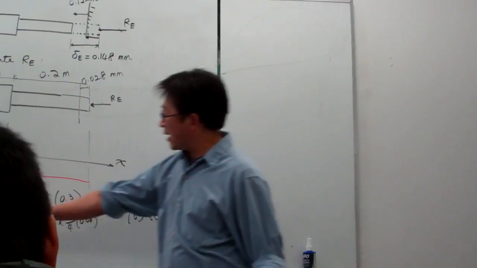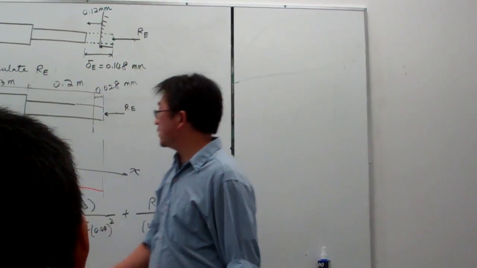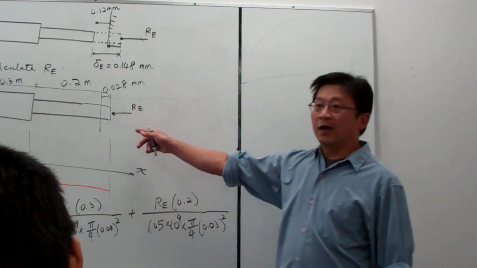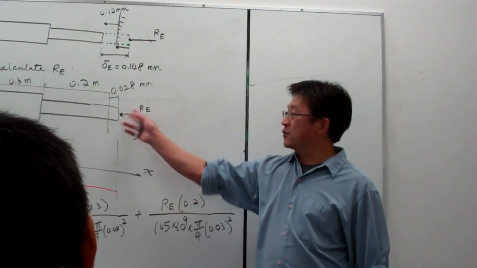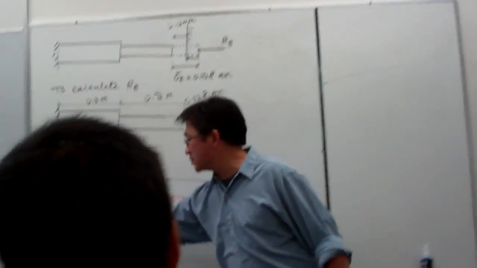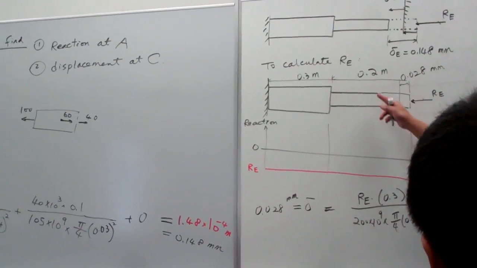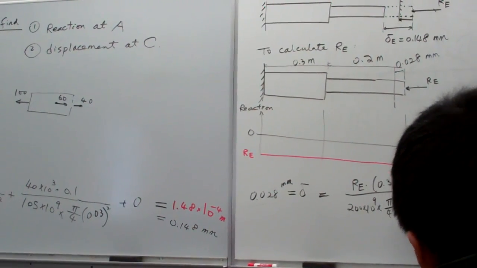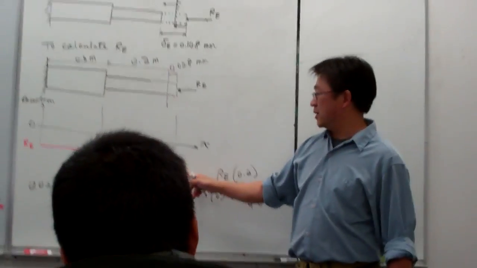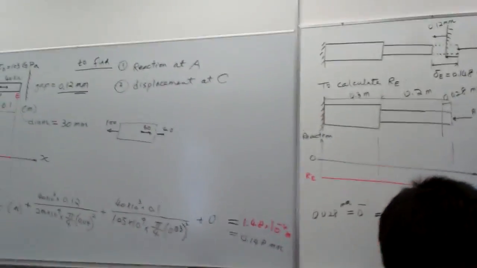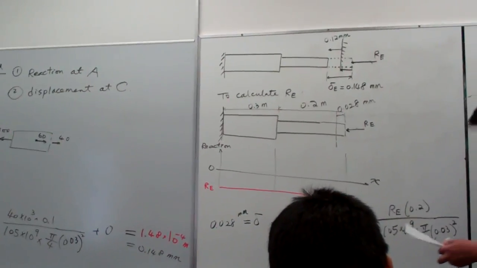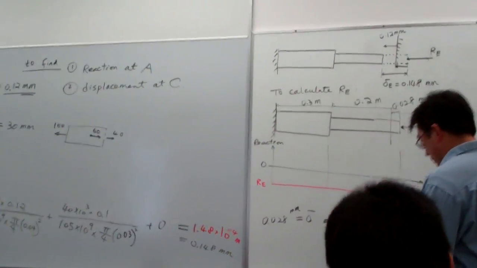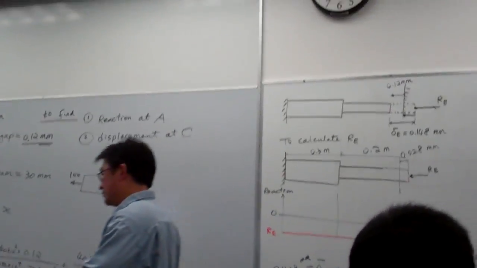And here it is the magnitude, because we know from the description that this material is going to compress. So I focus only on the magnitude, because the two segments will be compressed. That is the magnitude of compression in each segment equal to the total compression here. By solving this carefully, then RE